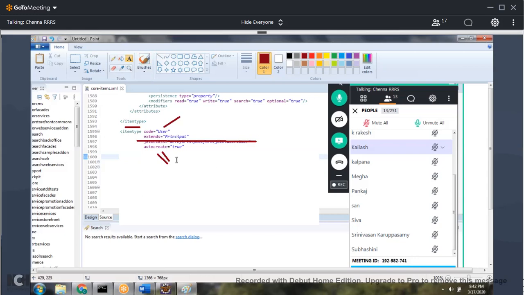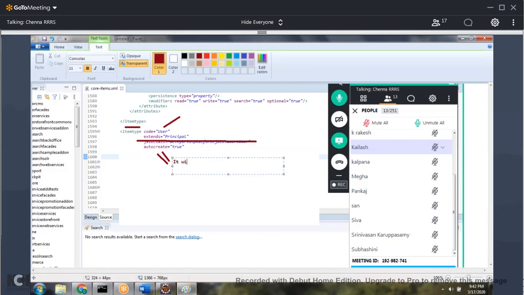it will hit the database when you perform the initialization or update. Please try to understand: when you say auto create equal to true, it will hit the database.